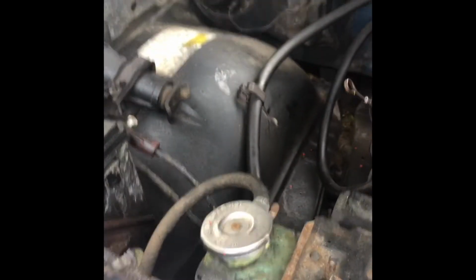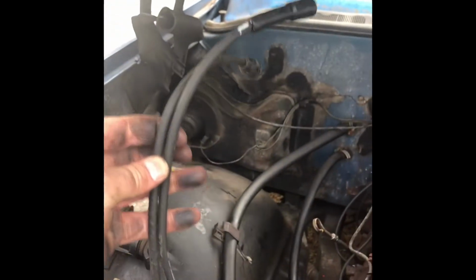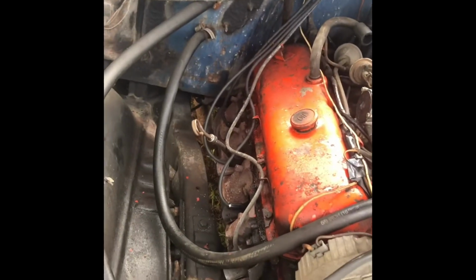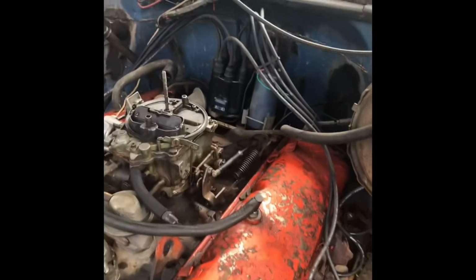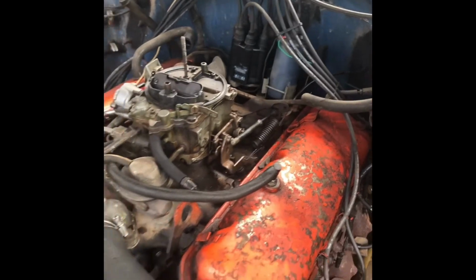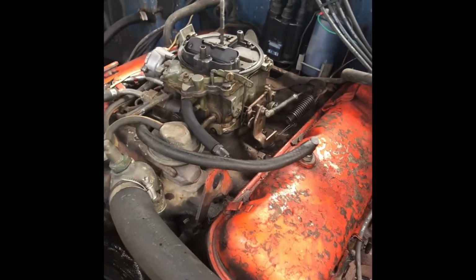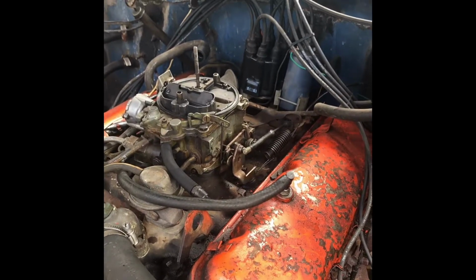For whatever reason, I have these really super short plug wires. They're not going to work on the back there even. So I had to use old plug wires, which I really don't like doing, but that'll get me through for right now. So what I'm going to do is fire this thing up, see if it runs,